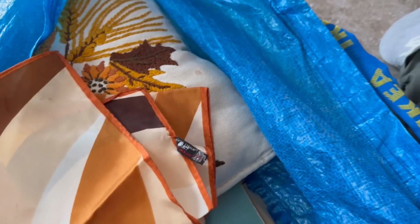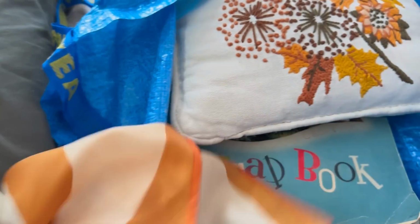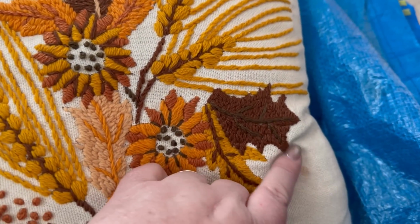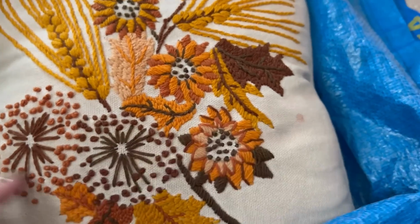Found a beautiful scarf, but it's a designer. I can't remember what it is, but it's really pretty, and I like the earth tones. Let's see here. Twill and acetate, made in Japan. Really groovy design. So I'm going to put that in the launder pile. This is also going to the launder pile because of that spot. And we are going to hold our fingers together and just hope that some OxiClean takes that out, because I